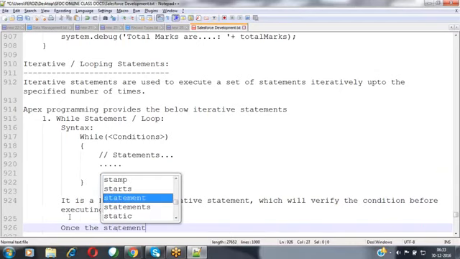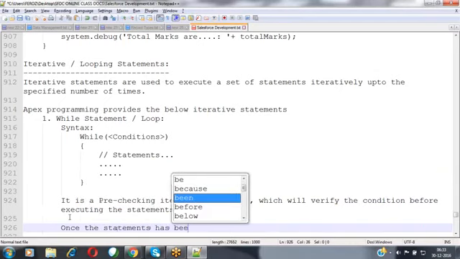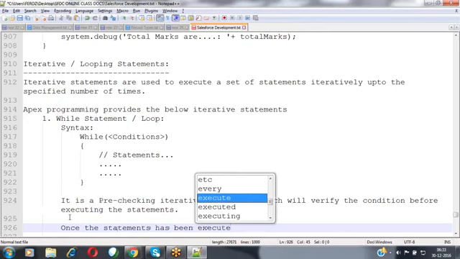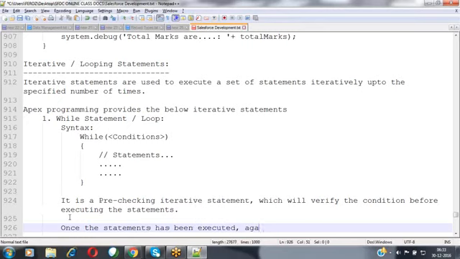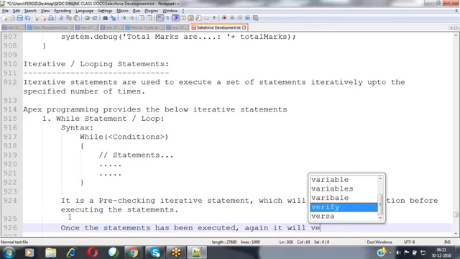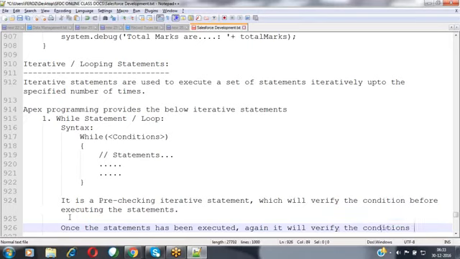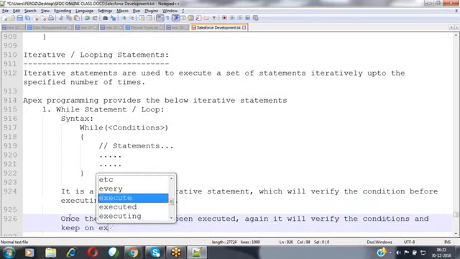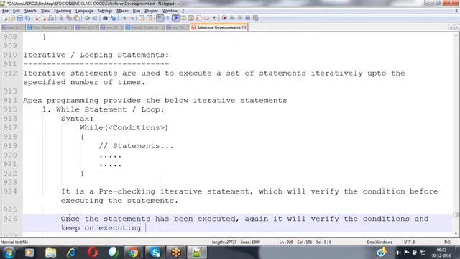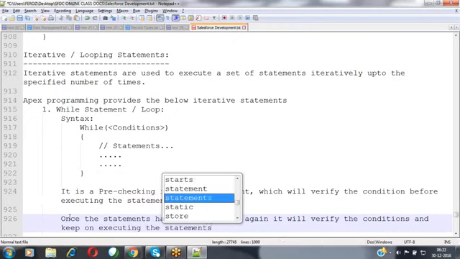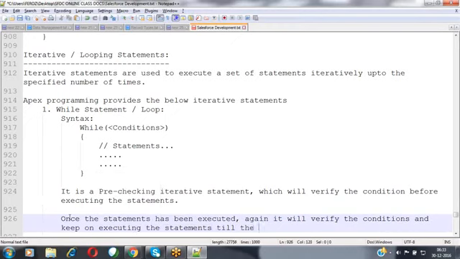Once the statements have been executed, again, it will verify the condition and keep on executing the statements till the condition is satisfied.